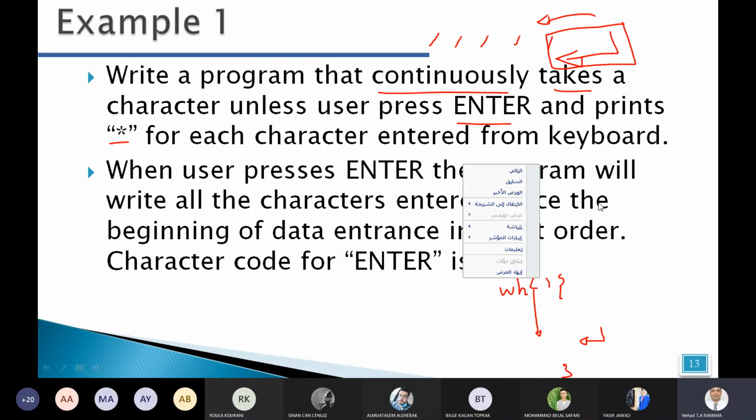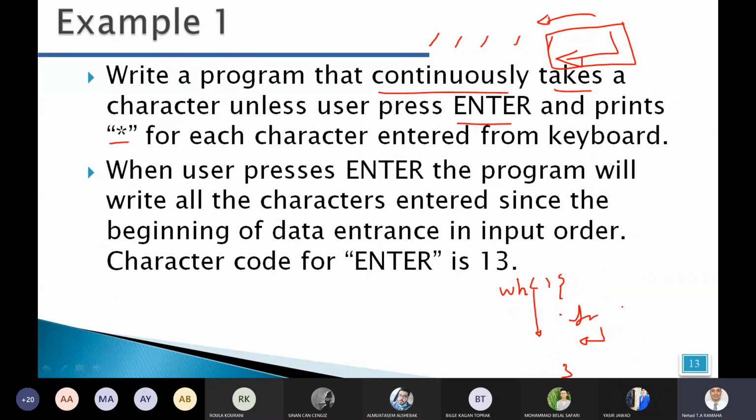So here we can make an if statement. If the button is enter, then we can make a break for this loop. Then later we can even print